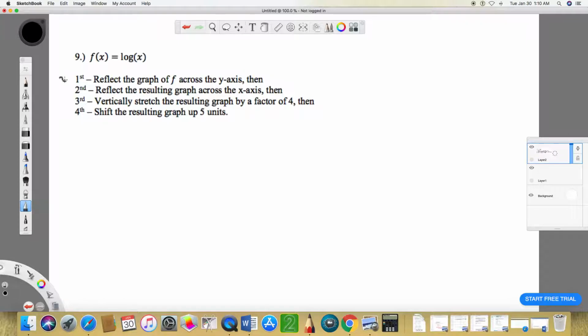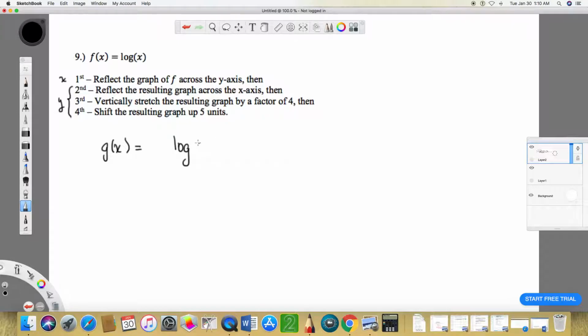And then the next three transformations, to reflect it across the x-axis, to vertically stretch it, and to shift it up, all of those are affecting the y-coordinate. So the equation that they want is